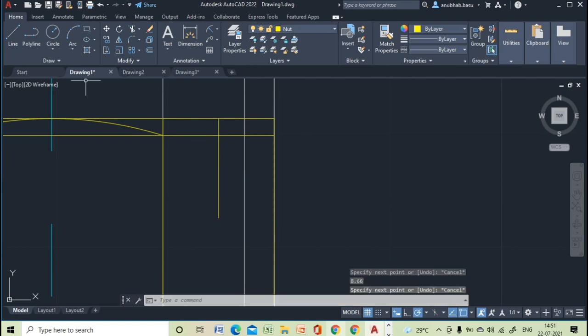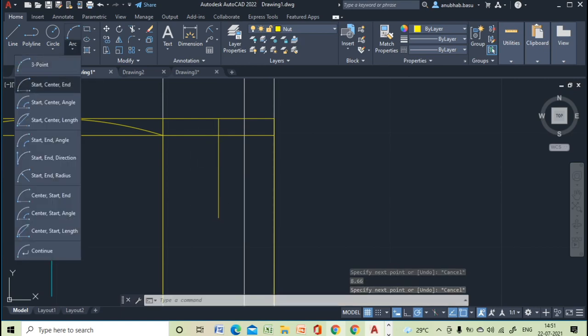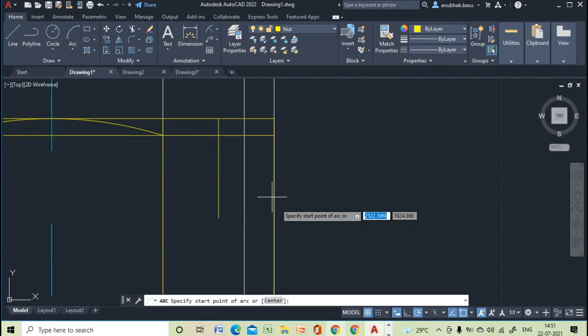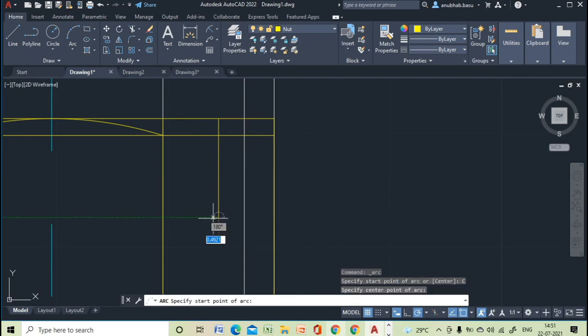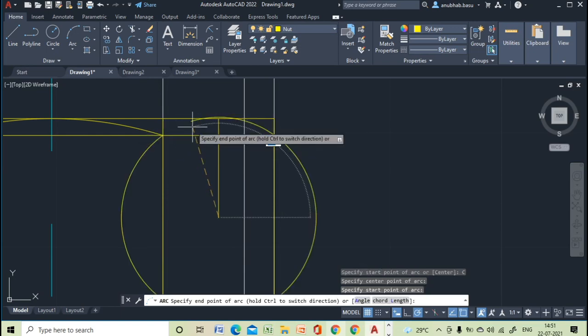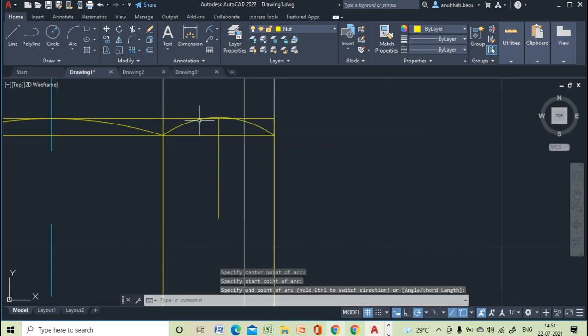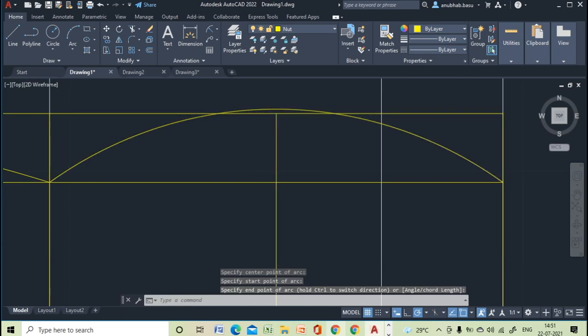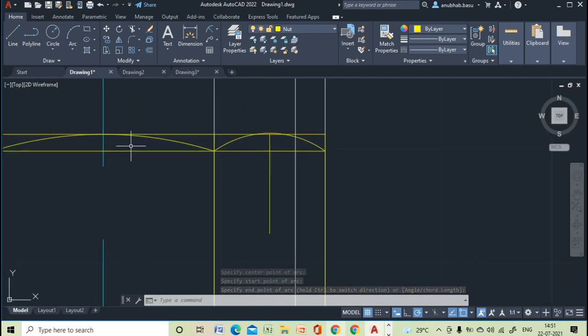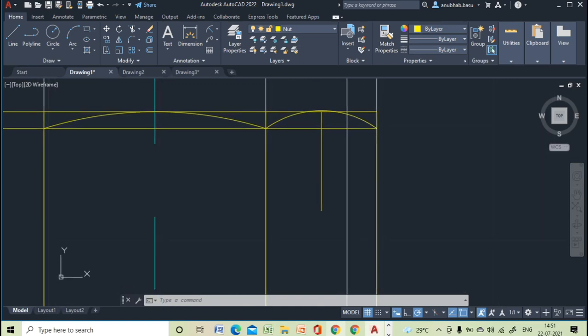Okay, so this is our center point. Now if I use the three-point arc method, this is the center point, then this is the starting point, and now you can see that it is coming out of this zone. I am checking why it is coming out of the zone.